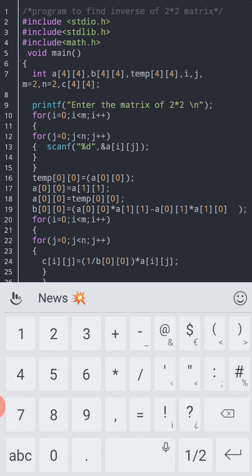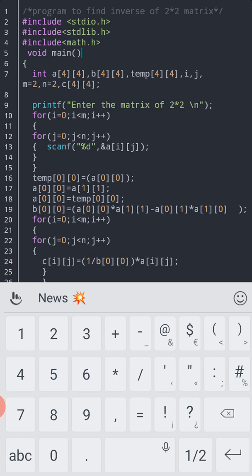We know that we use the slash and asterisk marks to indicate a comment line. I am including the following libraries: standard library functions, standard input and output header file, and the math library function. I am using non-void main, which indicates there is no return type.